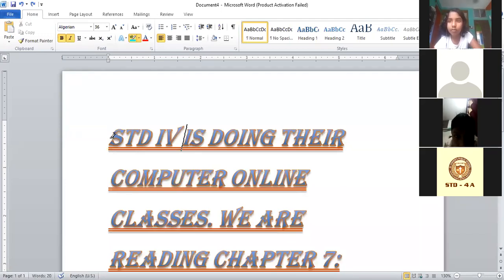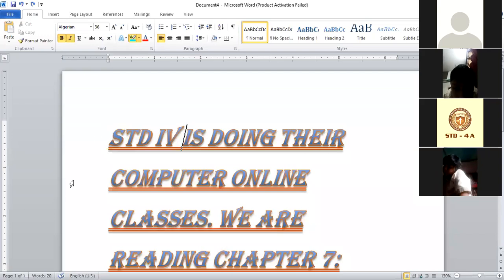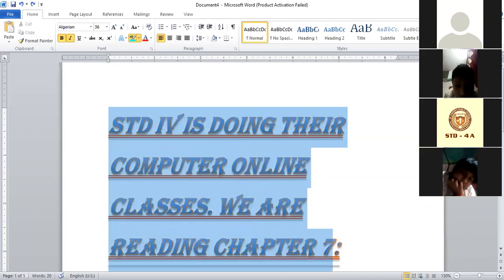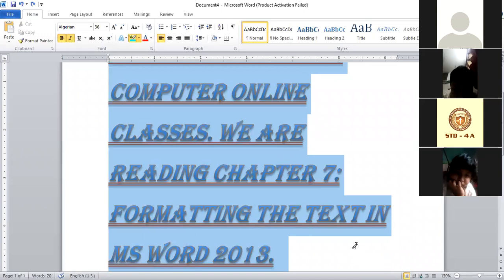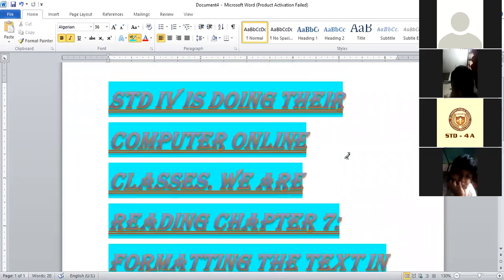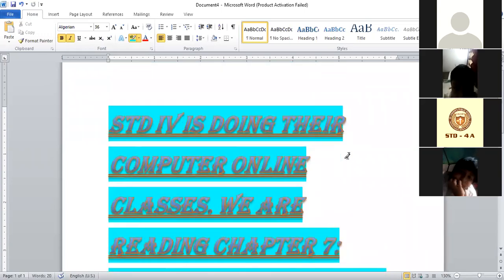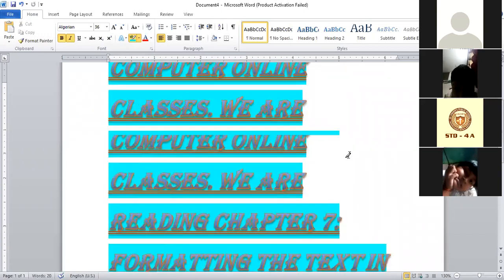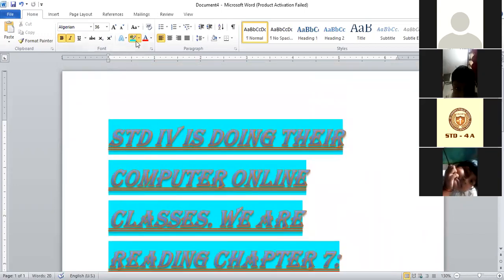Can you see my mouse cursor on the screen? When I bring this closer to the word, it will change to the pen sign. Now I'll select the word which I want to highlight. I want to highlight the word 'all'. Leave, and see, it has been highlighted. Okay, like this, we can highlight the text.